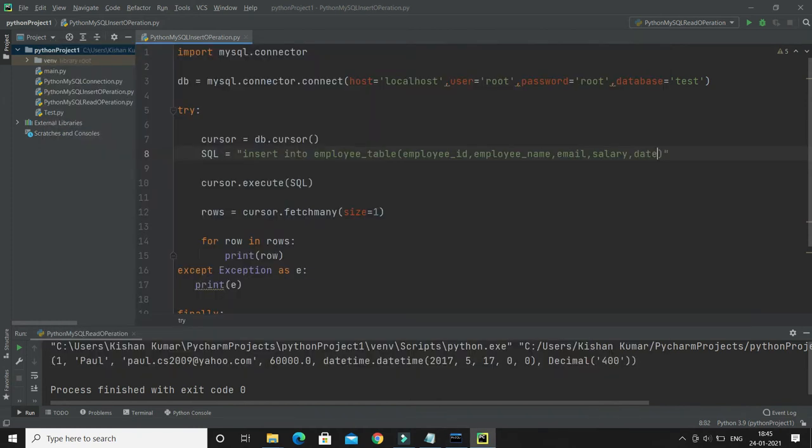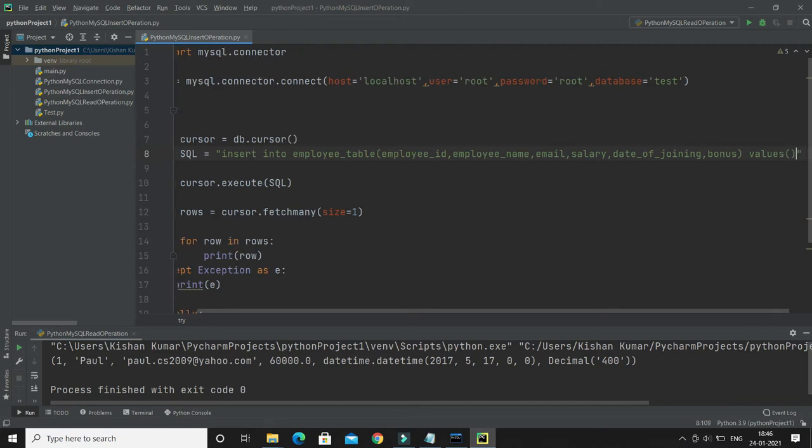The column names you have to give as they are, all 6 column names. And after that you have to write the values, and here you have the provision to hard code values for all the columns, but I don't want to hard code.